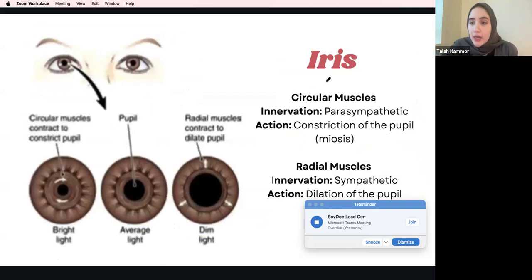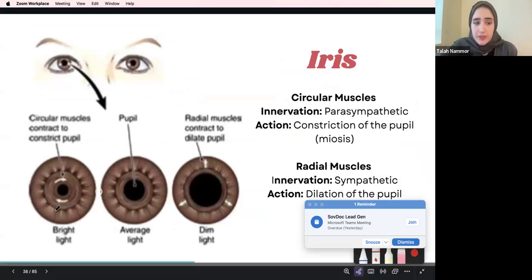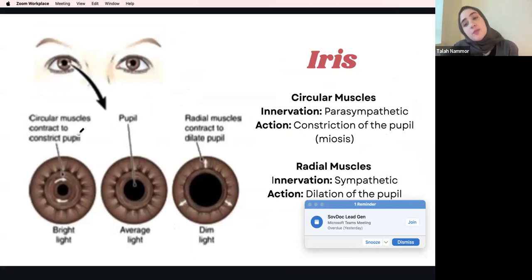Okay, the iris. This is the iris. Now, the iris is made up of some circular muscles and radial muscles. The circular muscles and the radial muscles are the things that cause the pupil either to constrict or dilate. Okay, the circular muscles, if you look at it, are going to cause basically the